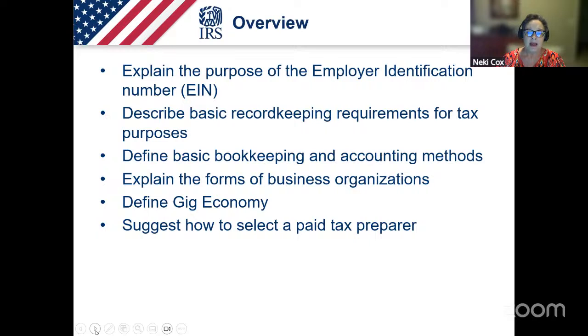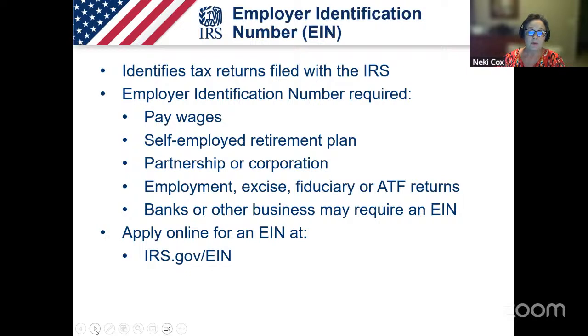Before I begin, I want to remind you that you also need to understand your state and local tax reporting requirements in addition to the federal requirements that I'm going to be going over here. So let's start first with the Federal Employer Identification Number, or EIN. An EIN identifies tax returns filed with the IRS, and as a business owner, you may be required to get an EIN. You'll need an EIN if you pay wages, if you have self-employed retirement plans, if you operate your business as a partnership or a corporation, or if you're required to file tax returns, including employment, excise, fiduciary, or